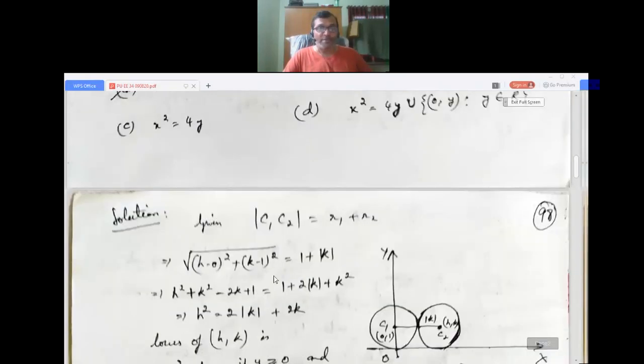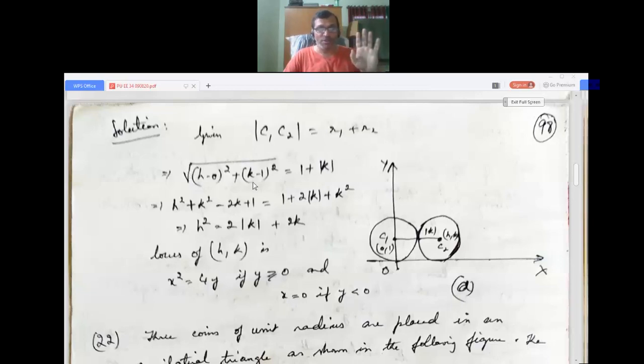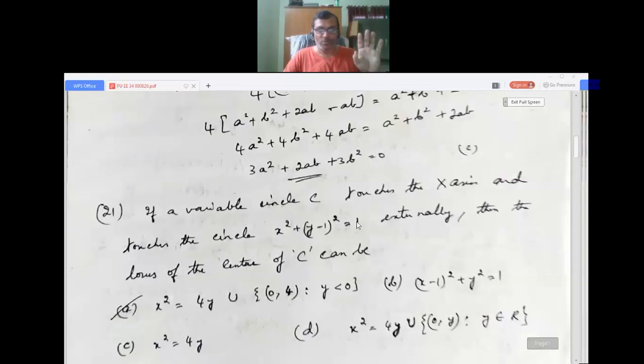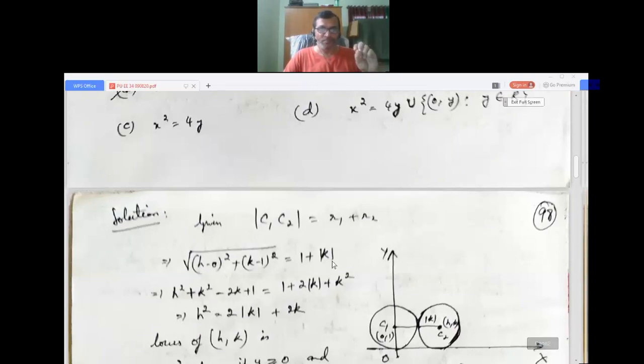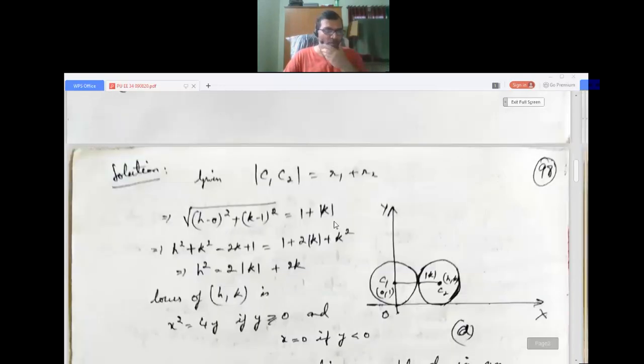So the difference between h comma k and 0 comma 1, the distance between the centers C1 C2, will be the square root of h minus 0 whole squared plus k minus 1 whole squared, distance formula. And r1, radius, here radius squared is 1, so r equals 1. And another circle we do not know, we take its radius as magnitude of k, because for a variable circle we take the absolute value as k. So our aim is to find this h and k.